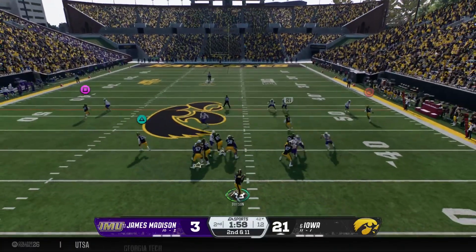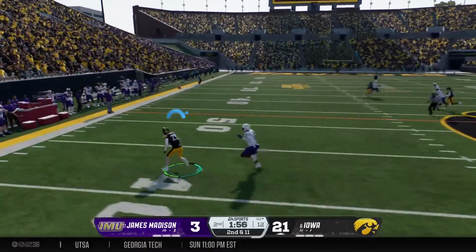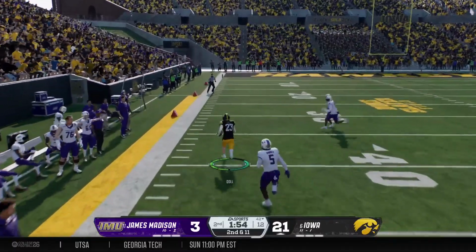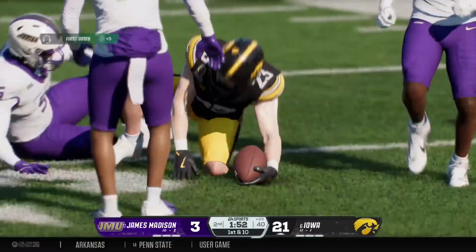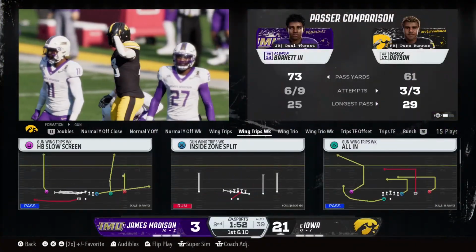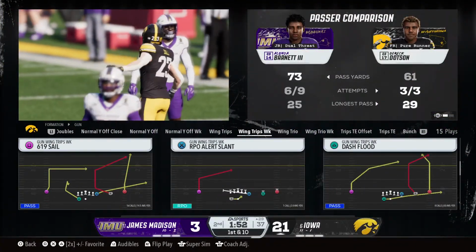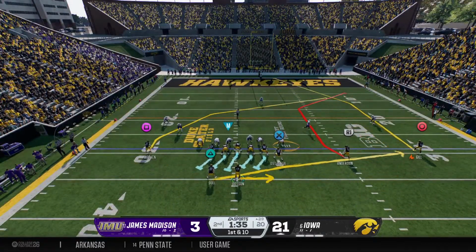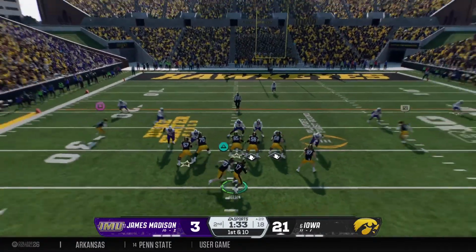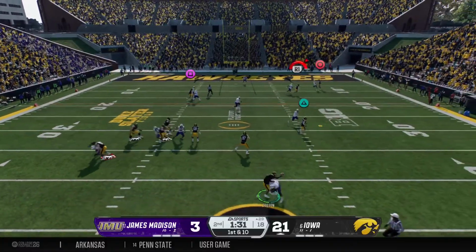To throw, it's Dotson. Looks left and finds his target there. Great cut, they whiff on him. They make the stop, but it's a big gain down to the 29. The defense is spread all over the field, creating some one-on-one matchups, and the quarterback makes them pay for it. First down, looking to throw the ball.